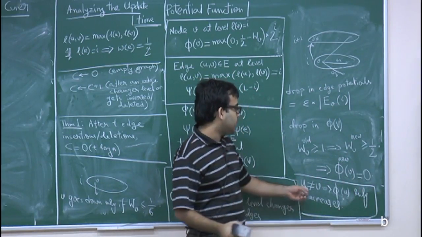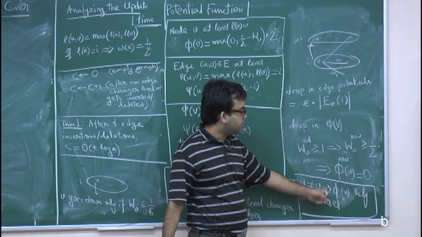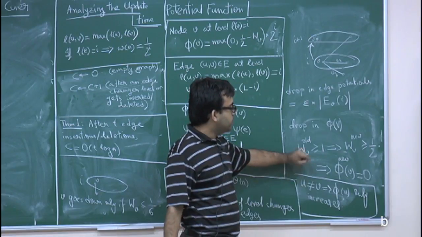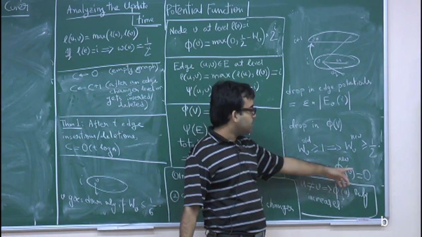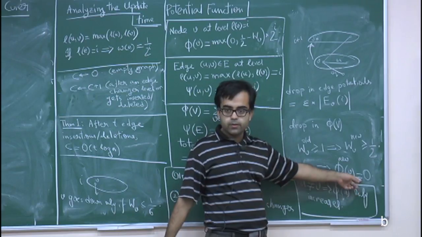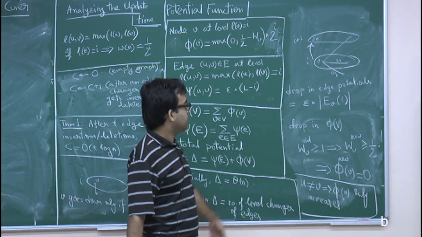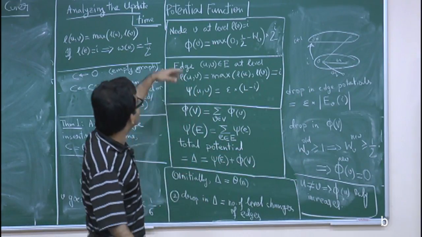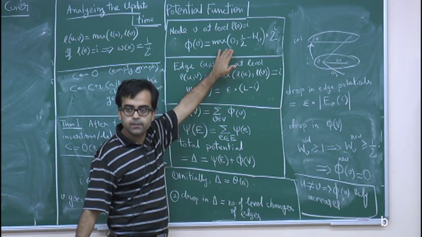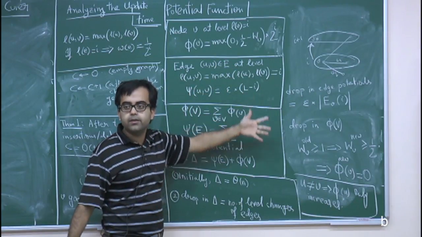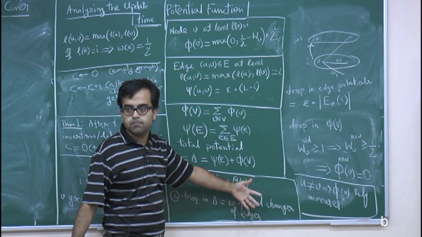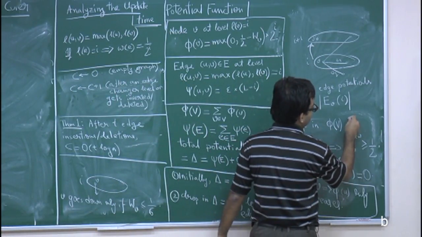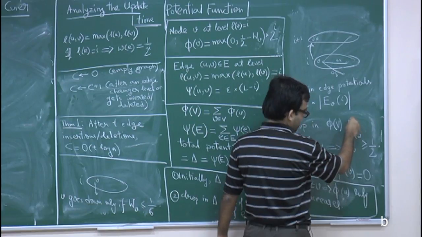So, for nodes that are other than V, their node potentials can only increase, and what happens to the node potential of V? Its final node potential is 0. What was its initial node potential? You know that W V old was also greater than 1, right. So, its initial node potential was also 0. So, V's node potential did not change. So, drop in all the node potentials is going to be